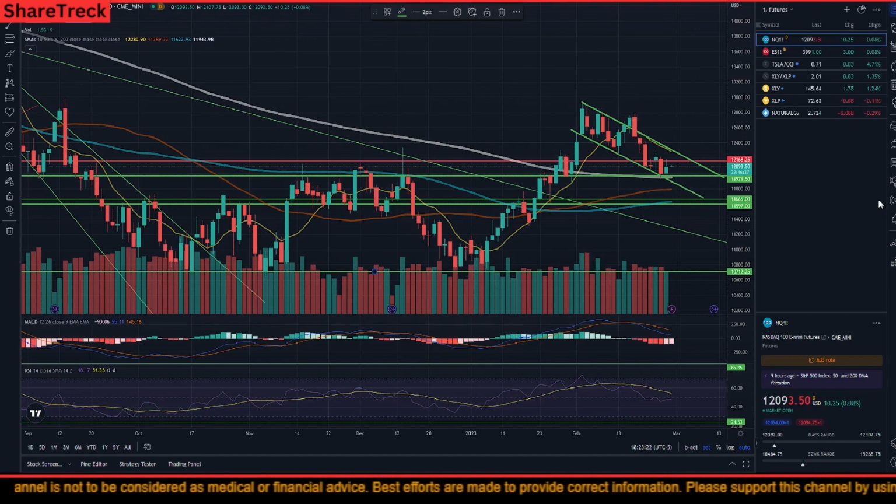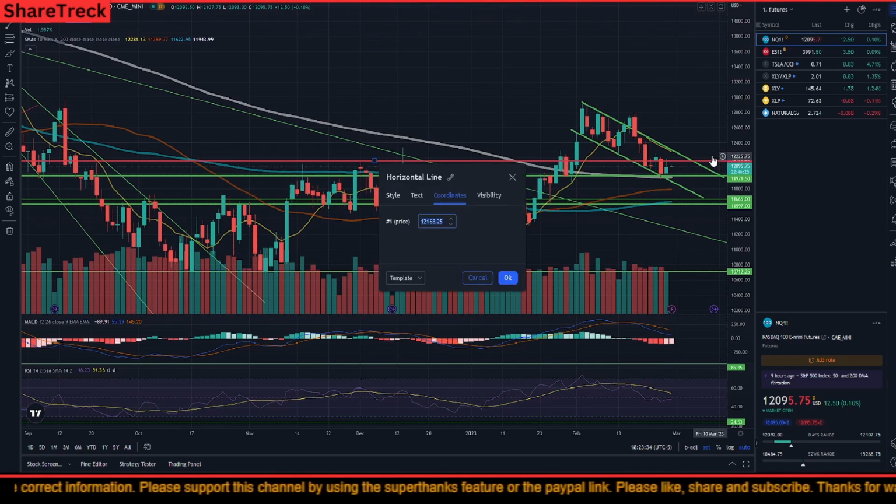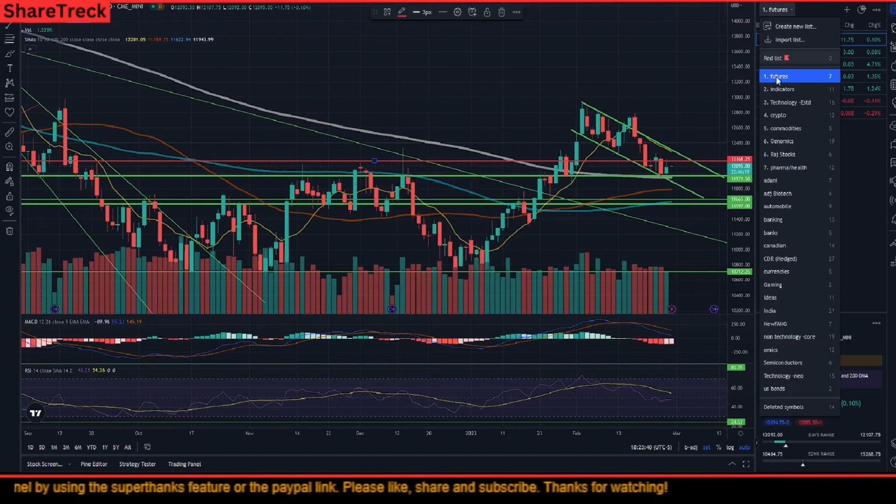That's my feeling in the worst case scenario, but I can still see this as a bullish formation, because it's a bull flag and it's expected to break out on the upper side. The immediate resistance right now for us is 12,168.25.